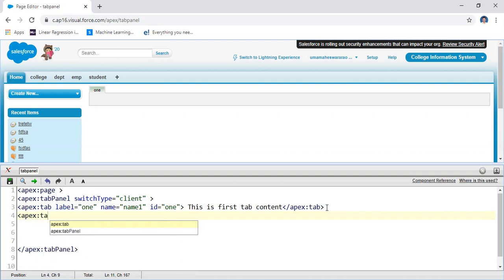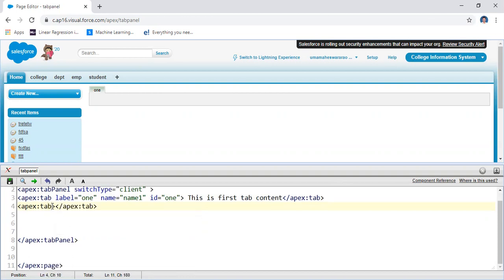Apex colon tab. Here are the attributes. What are the attributes? The first attribute here is a label. For example, I am writing the label as two, and then the name. Here, the name, for example, let us assume two,